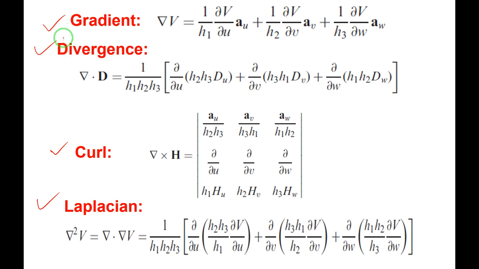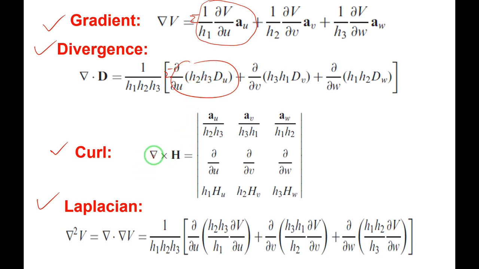And once again, all the formulas are listed: how to write the gradient in all three coordinate systems, how to write the formula of divergence in all three coordinate systems. If I remember this, similarly curl, similarly Laplacian, right? If you remember the first term, this is sufficient for writing the gradient, because the summation of this we can continue. Similarly divergence, 1 by h1 h2 h3, summation of this first term; if you remember this, that is sufficient. Then curl, how to find out curl?